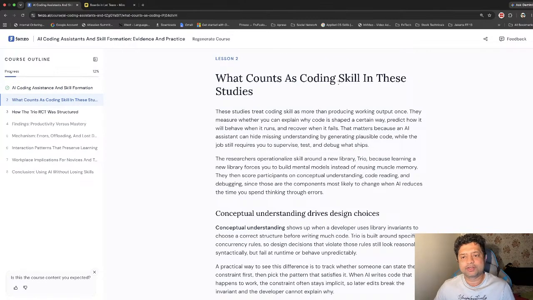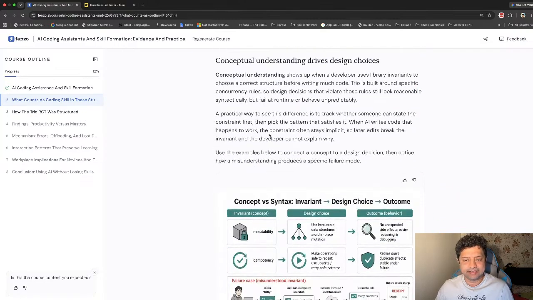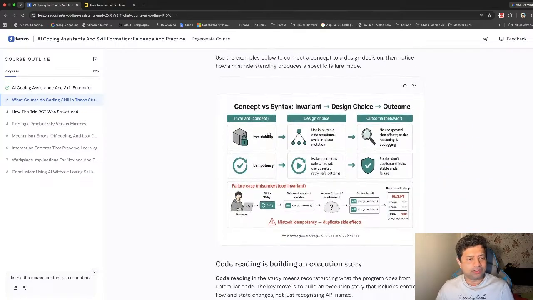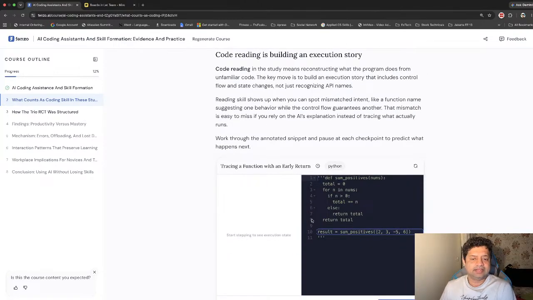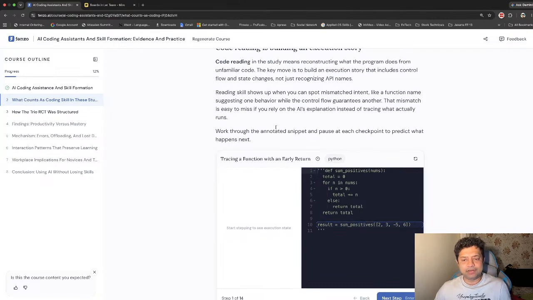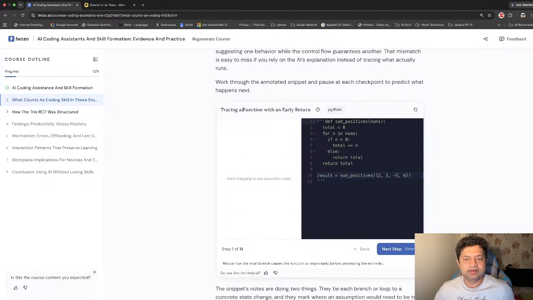So what counts as coding skill in these studies? I'm just going through this quickly because I'm not going into detail. This is just to show you the output. You see here, this is also a very well structured diagram. So concept versus syntax, invariant, design choice and outcome, immutability, idempotency, failure cases. So again, this is a great tool because it also gives you an example of some code,